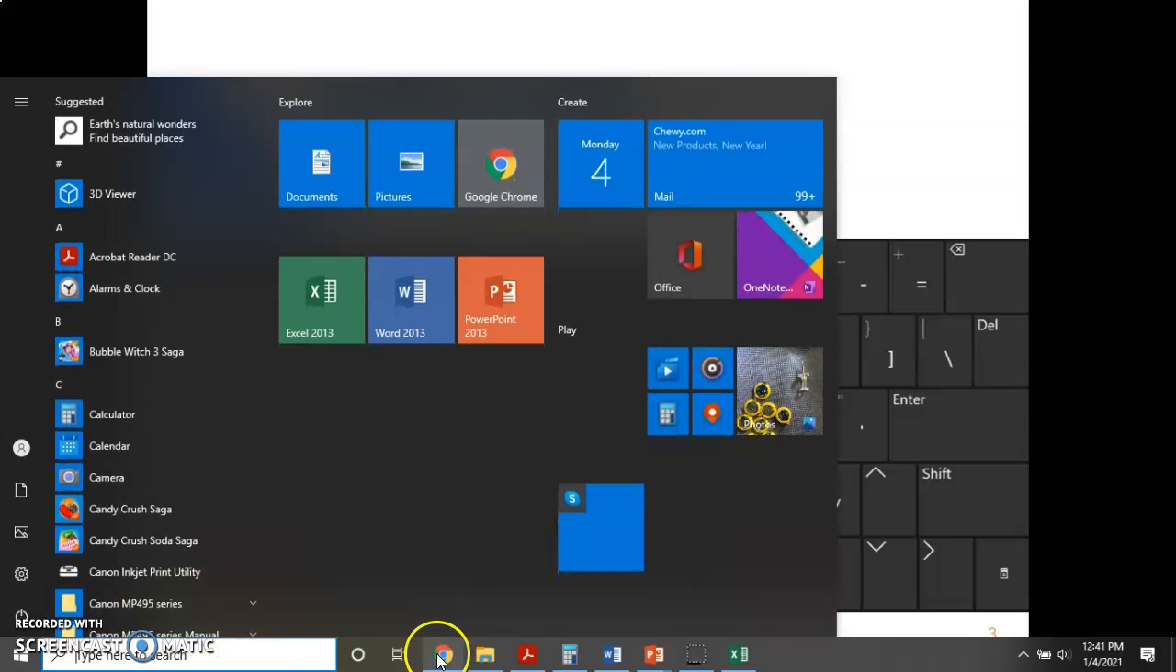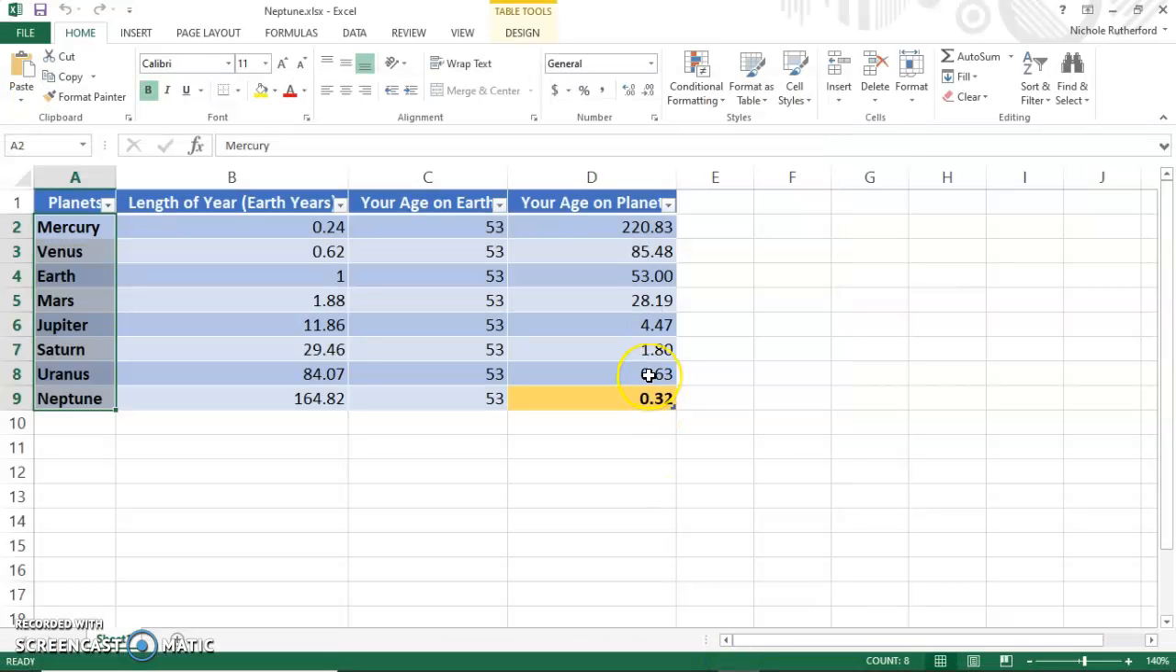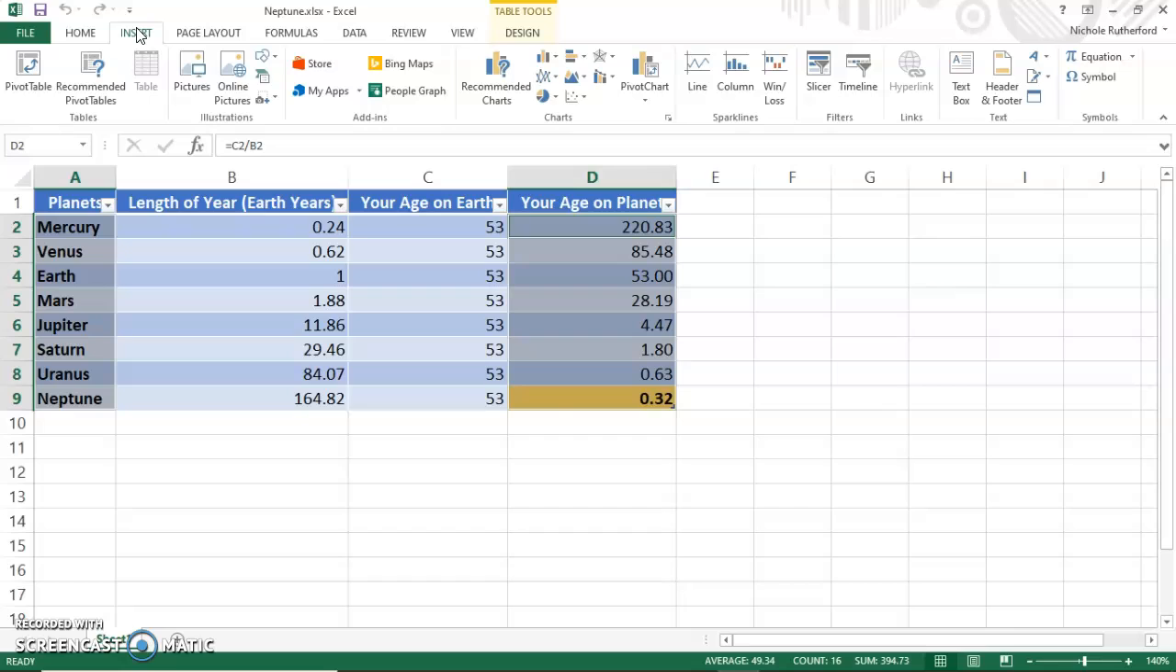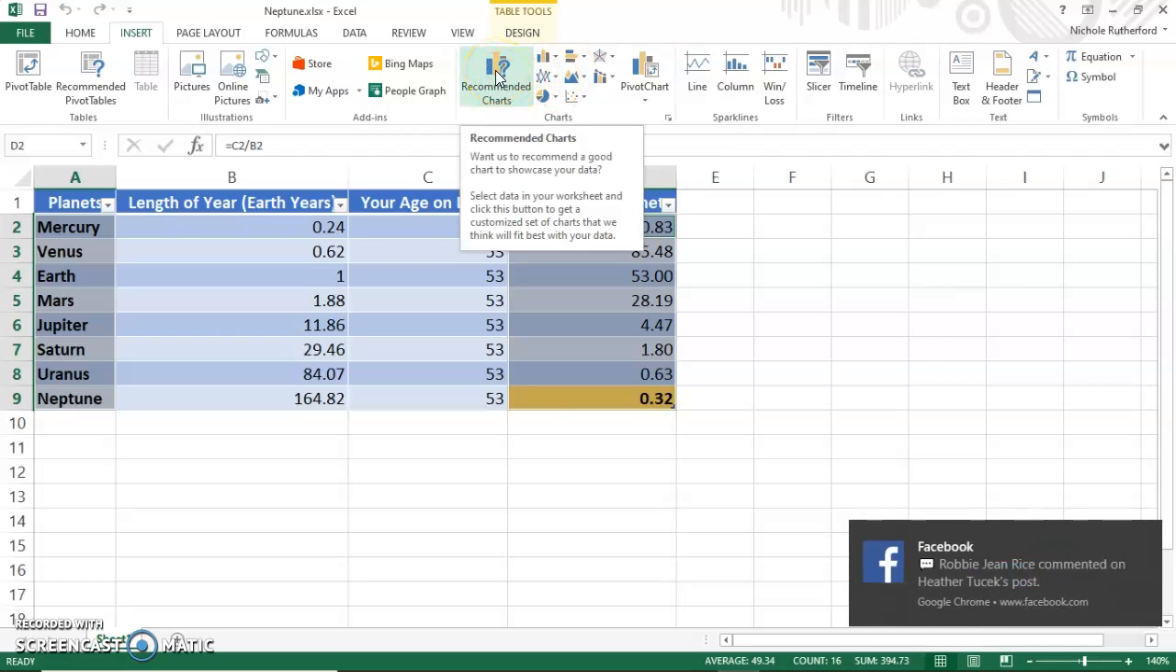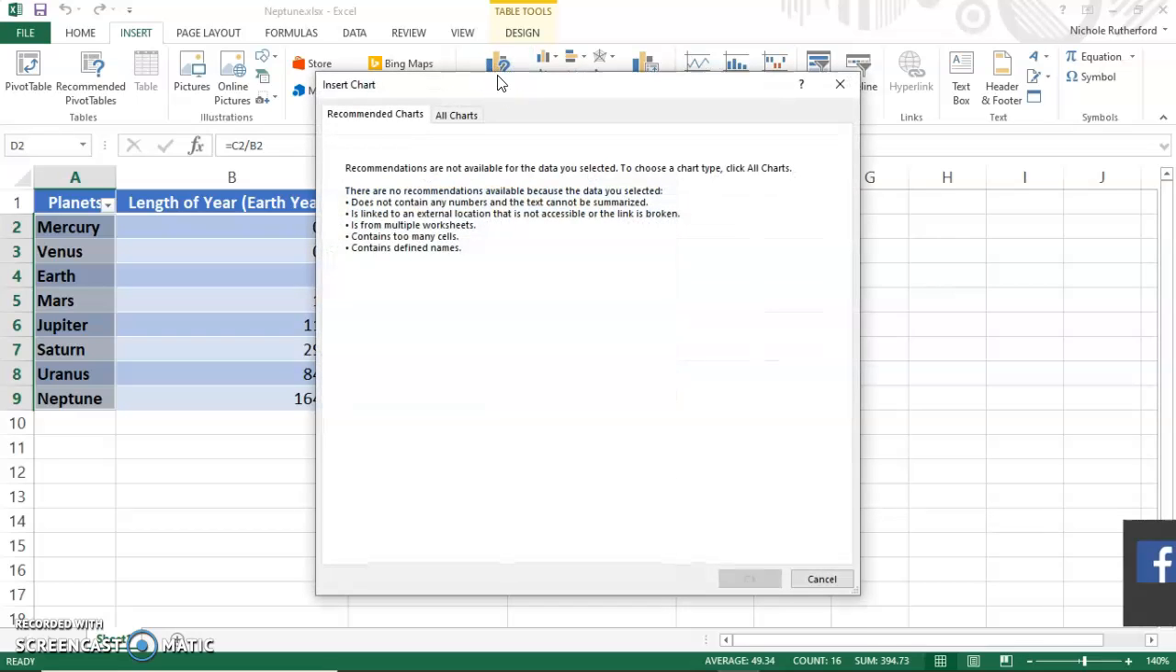So you're going to hold down the Control key, and then you're going to select D2 through D9. And you can see that I have 2 different columns selected, but the columns in the middle are not selected. And then I'm going to go to my Insert tab, and remember you should be in the desktop app for this to look the same for everyone. And then right here in the middle we have Recommended Charts. So we're going to click on Recommended Charts,